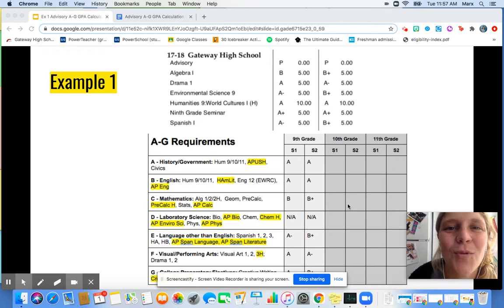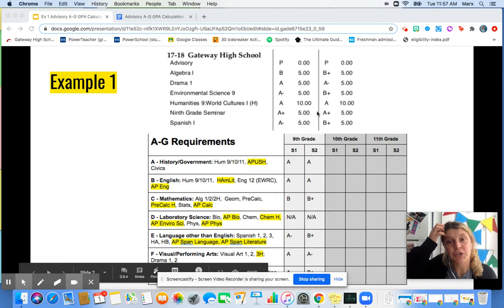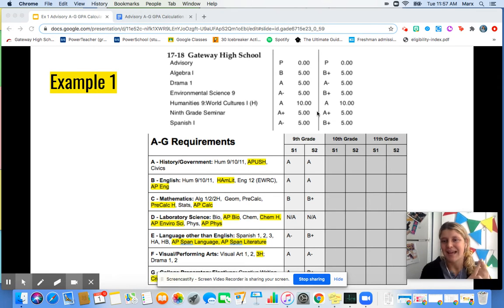All right, so let's walk through an example. The student that I have here is a fictional student, and they are a fictional current senior. That means they have 9th, 10th, and 11th grade already completed on this fictional transcript, so we're going to be able to fill out this full box here. This first page of the example is filling in their 9th grade grades based on these grades here that